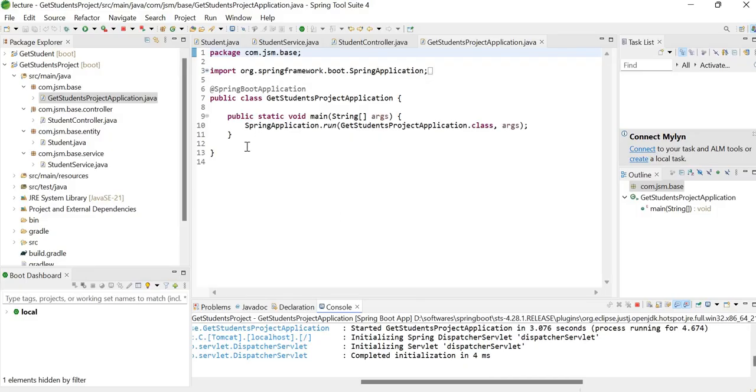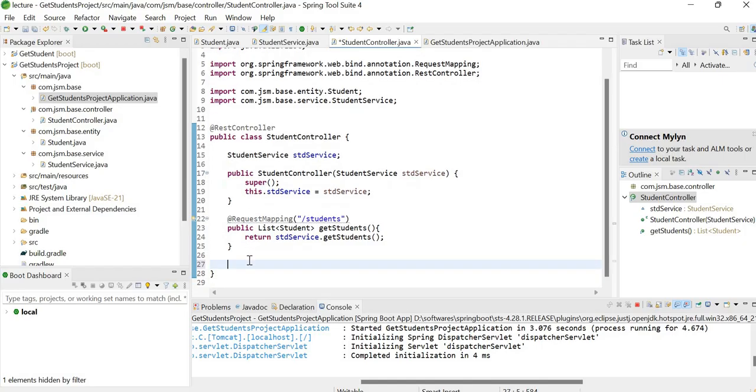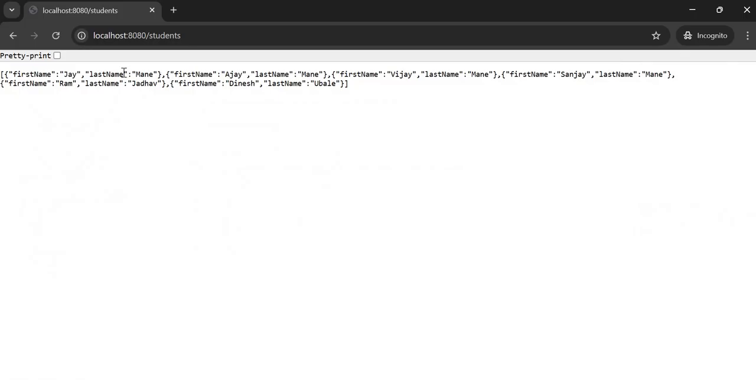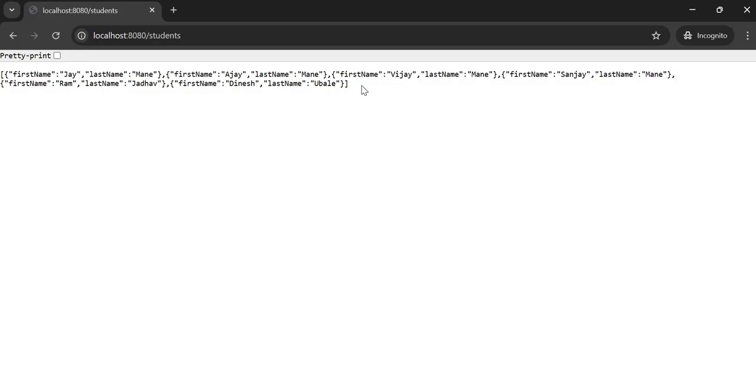Great. Now what we'll do in this controller class: suppose this is a list of students and I want only the list of students whose surname is Mane, right? Or whose surname is Ubade, I want only those students or the names of those students. So what we'll do is